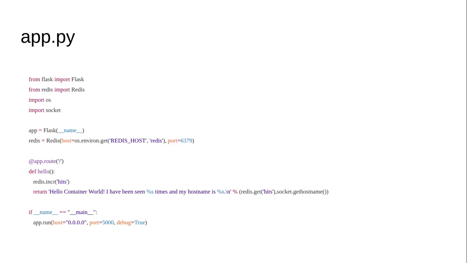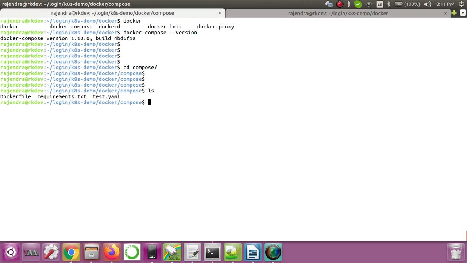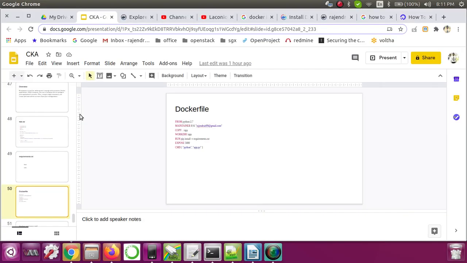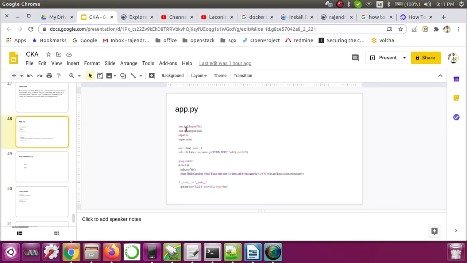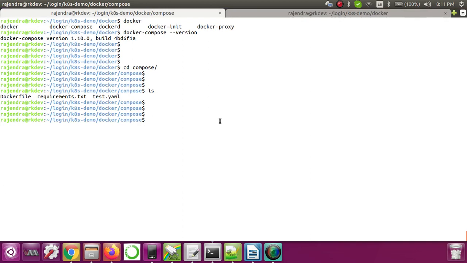This is a very simple application. Let me show you this application here. I have a compose folder, and let me copy this application first. I'll create app.py with vi.